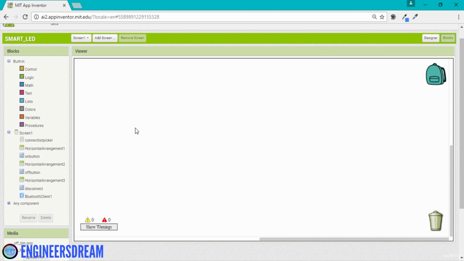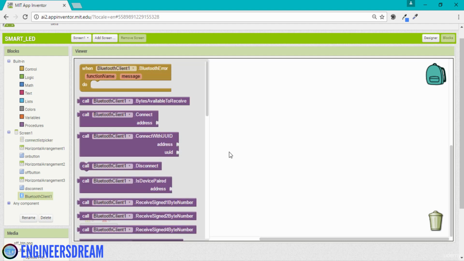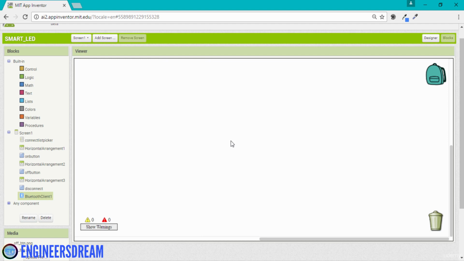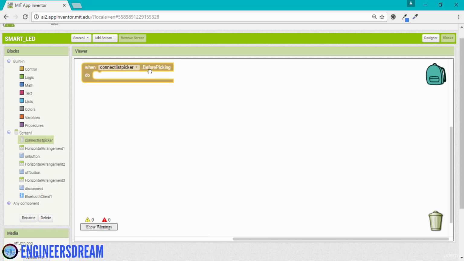Now once I'm in the block section, first I'll use the blocks to pair both the Bluetooths. That is, I will use the connect list picker and the Bluetooth client 1 block to pair my smartphone's Bluetooth with the HC05 Bluetooth. So first I'll click on connect list picker, and from the connect list picker, the first block that I'll choose is connect list picker before picking. Okay, now this block will execute before you pick any option from the list. That is,